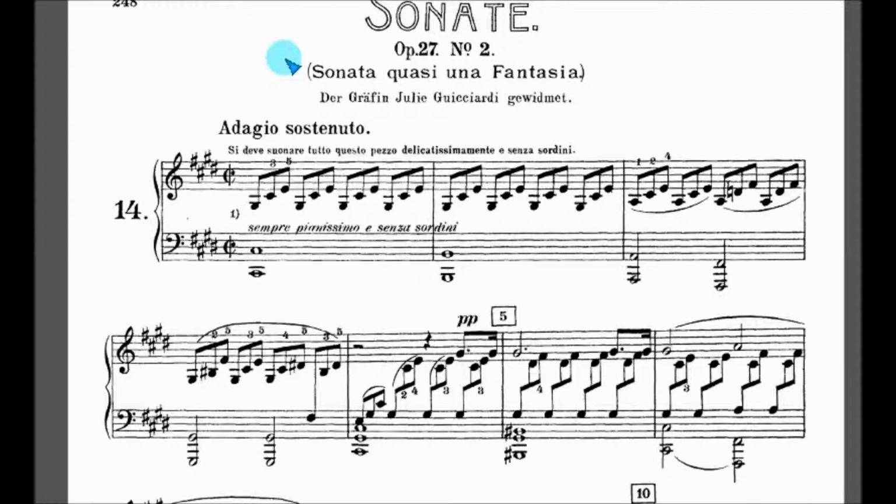You just need to know a few different words as they come along. Like this says "sempre pianissimo e senza soldini." Well, I don't know what "senza soldini" means, but I do know that "sempre pianissimo" is always really soft. So you don't necessarily have to learn or think that you have to learn every little thing. And obviously, if I wanted to go and look up this word, I could, but I know what